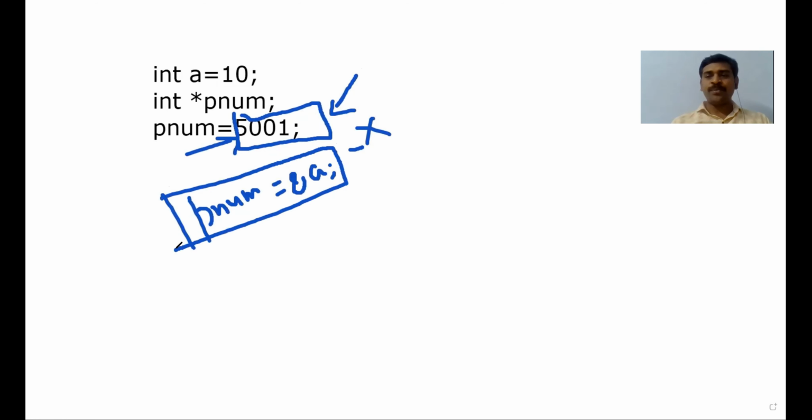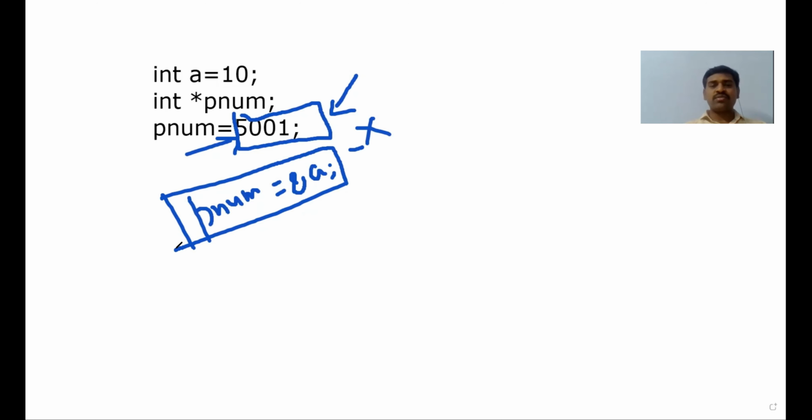I think you got a very good idea of what we have discussed in this class. We have discussed what a pointer is and how to declare the pointer variable, and we have seen the various ways of declaring pointer variables: integer pointer, character pointer, floating point pointer, double pointer, and long pointer. In general every variable occupies different amounts of data: integer 2 bytes, character 1 byte, float 4 bytes, long 8 bytes, and so on. But in the case of pointer variables, irrespective of the data type, it occupies the same amount of memory.